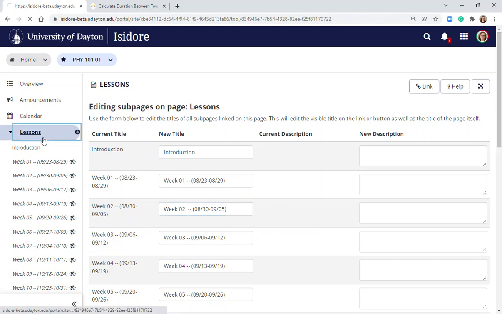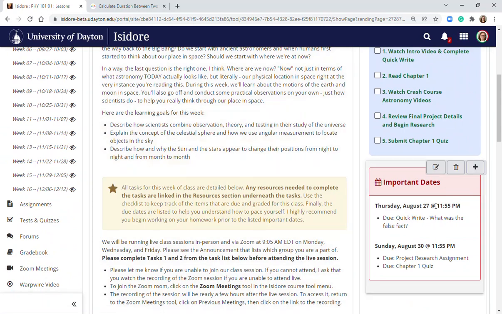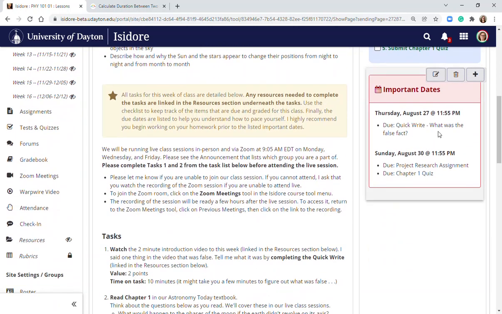The other thing too that I want to note is that if you do use the important dates box here, these dates are also not updated, again because those are manually typed in dates. If you have dates written in your instructions or anything like that, again, those are manually typed in. You will need to physically update those yourself, or you can find ways to get around these dates. So you could just say Thursday and the time and take off the actual date if you want to continue using this. So hopefully that helps facilitate updating the dates for your course,